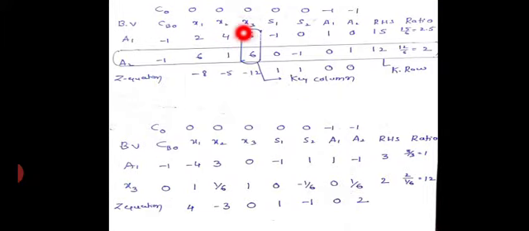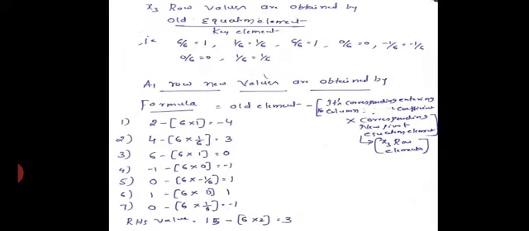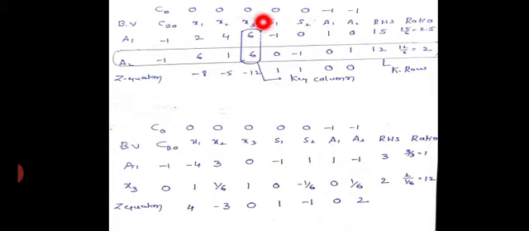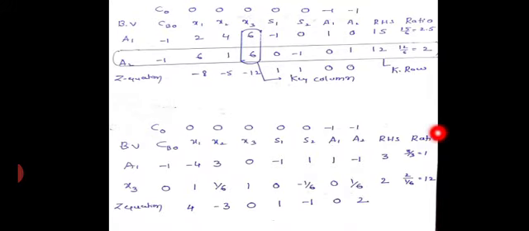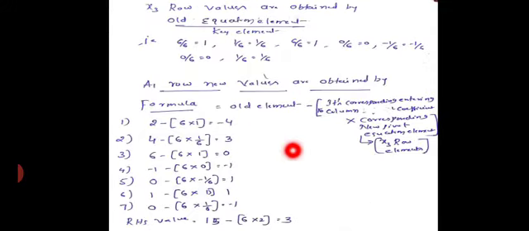Similarly, the second element is 4, minus of 6, and the entering element here is 1 by 6. See, 1 by 6. If you do it, you're going to get 3. Similarly, the next element is 6, minus its key column coefficient 6, and the new element under the x3 row and x3 column is 1. If you do it, you are going to get 0 for this. Similarly, for the next, minus 1, minus of 6 into 0, you are going to get again minus 1.